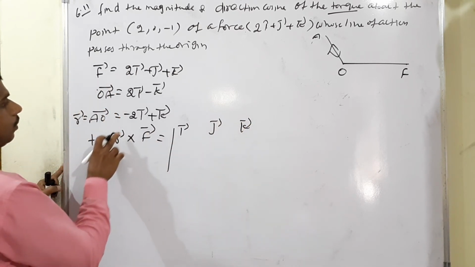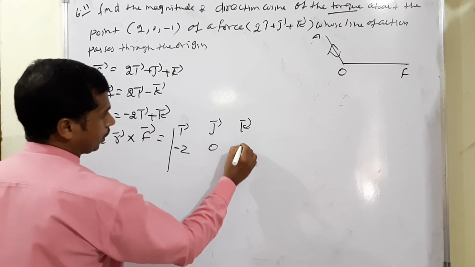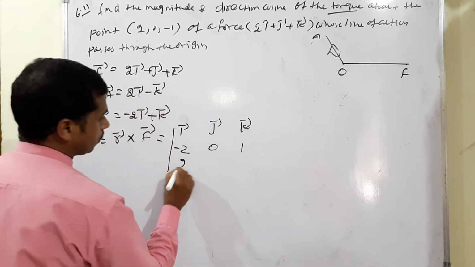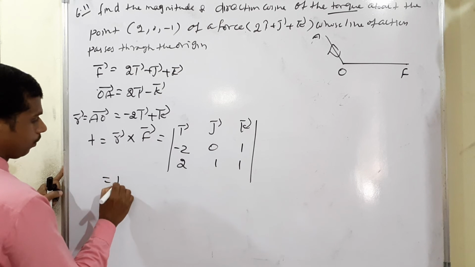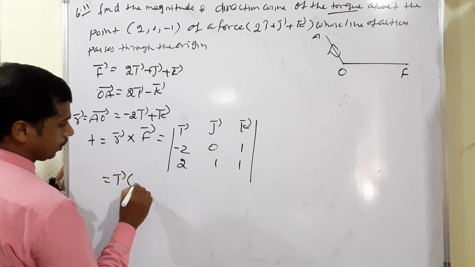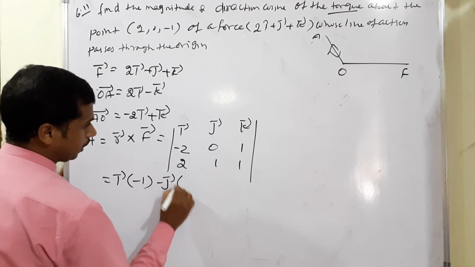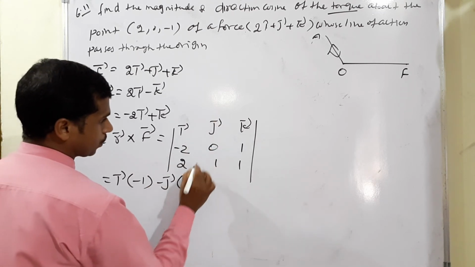R vector is minus 2, for j we have 0, for k we have 1, as well as the force 2, 1, 1. Now simplify. For i vector, 1 into 0, 0, 1 into 1, 1. So, minus 1. Again, minus j vector means